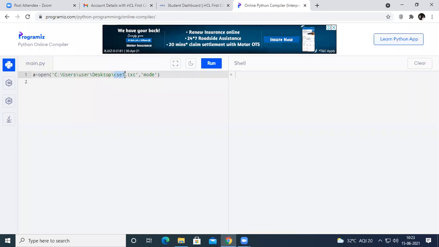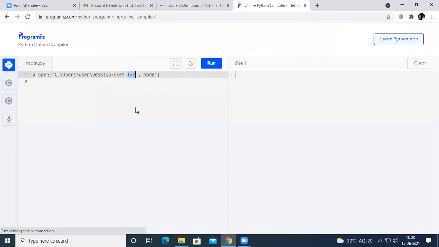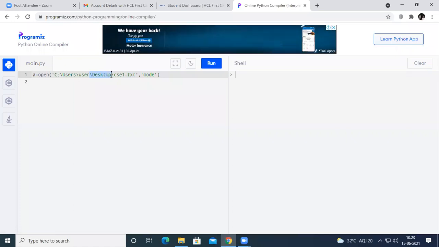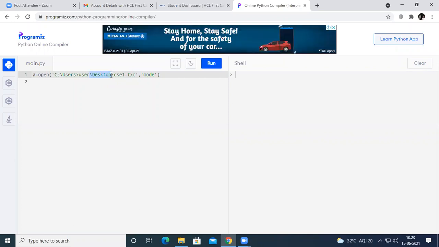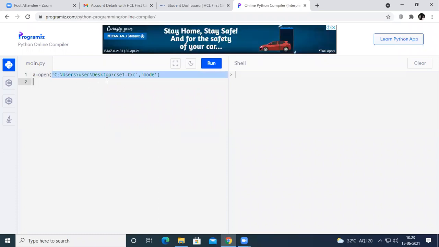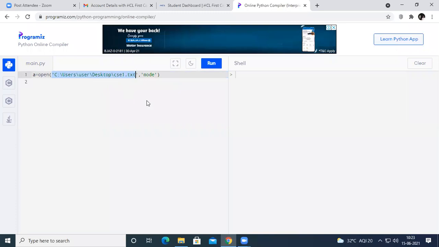This csv1 is a text file located on the desktop, which is in the user folder, which is in the users folder, which is in the C drive. This is everything we have to provide as the first parameter to the open function.